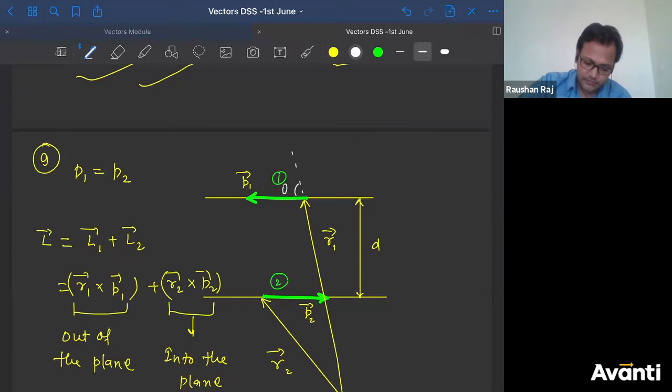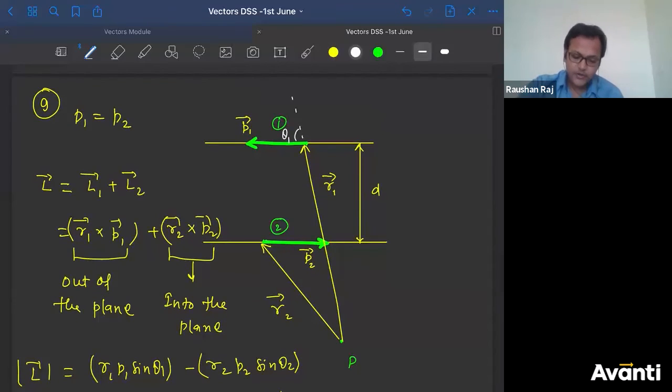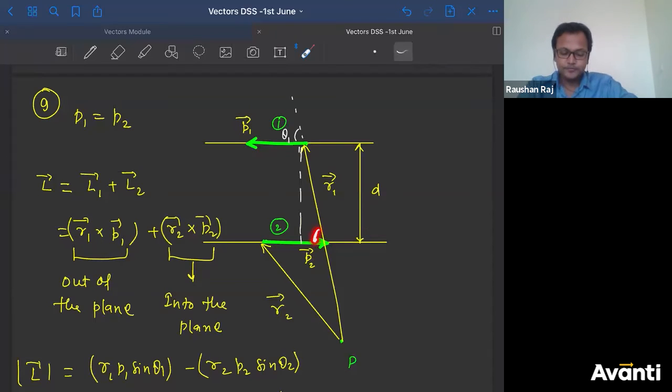So this is theta 1. Now try to extend this or try to draw a right angle triangle. Okay? I draw it like this. If this is theta 1, tell me which angle will be called theta 1. Can I say this angle is theta 1 also? Because they are parallel lines. So if this is theta 1, this will also be theta 1.